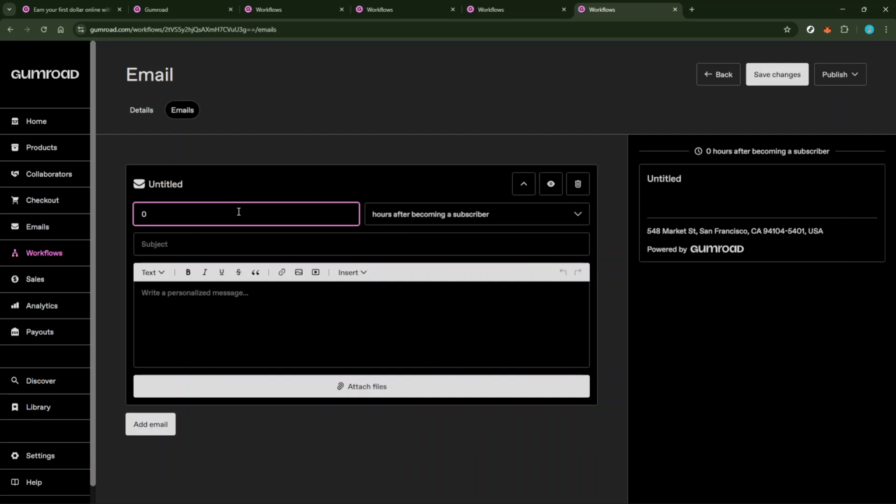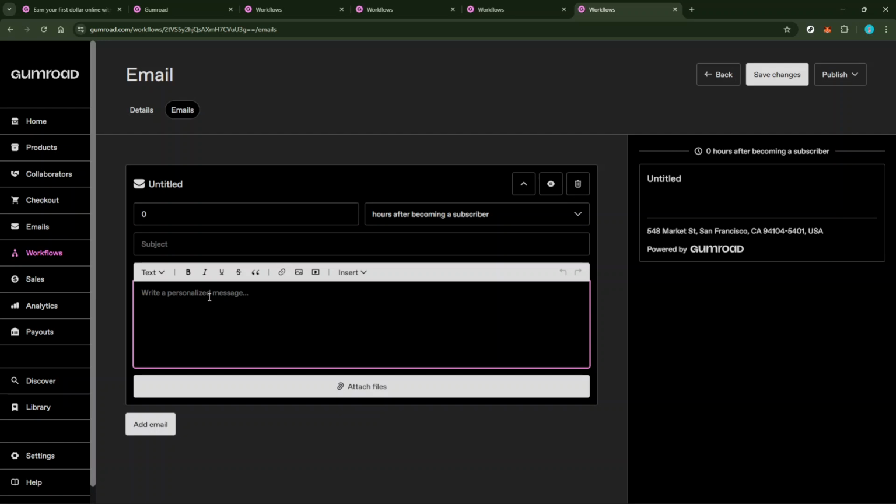Next, let's move on to the body of the email. This is where you communicate your message to your audience. Be clear and concise, but don't hesitate to let your unique voice shine through. Whether it's welcoming a new subscriber or offering them valuable content or discounts, make sure it aligns with the subject